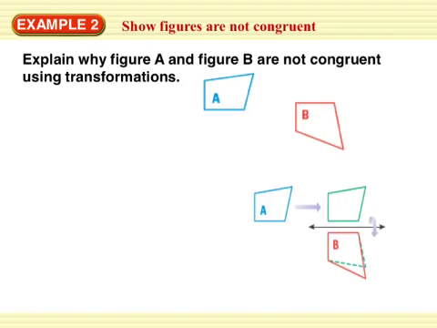Alright, explain why figure A and figure B are not congruent using transformations. This one may be difficult because you're not sure if they're equal or not, but sometimes if you just take your piece of paper and trace it on your paper from the book, you'll be able to see that. You see here, I use red. Now let's just stick with black. If I look at A,